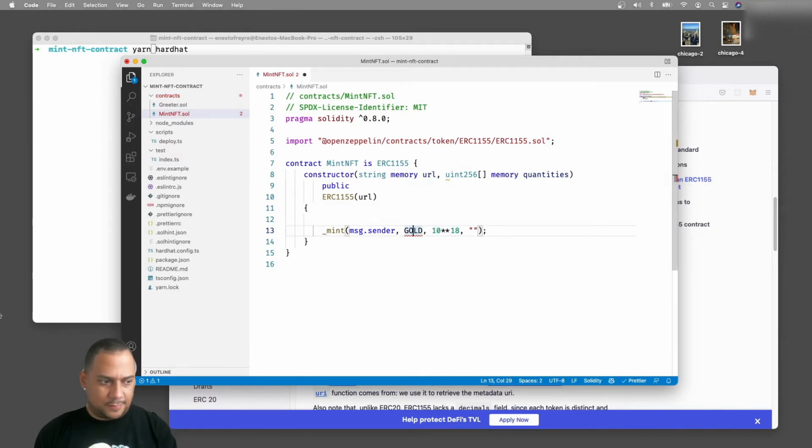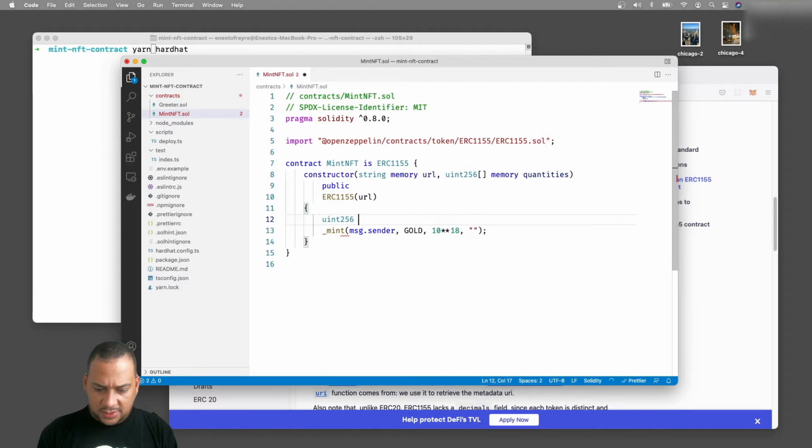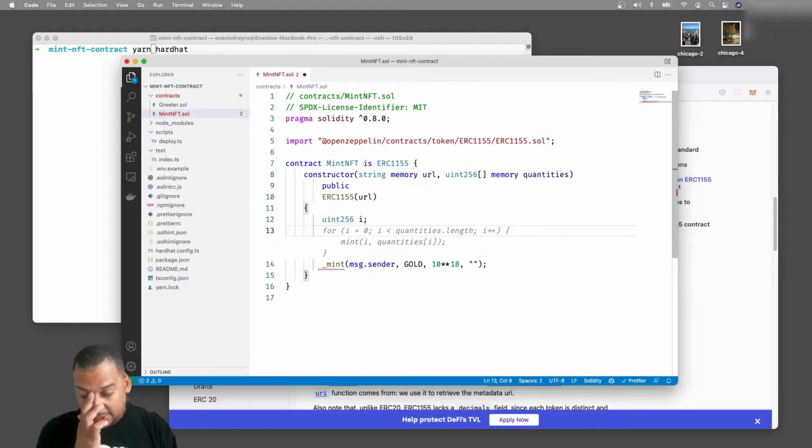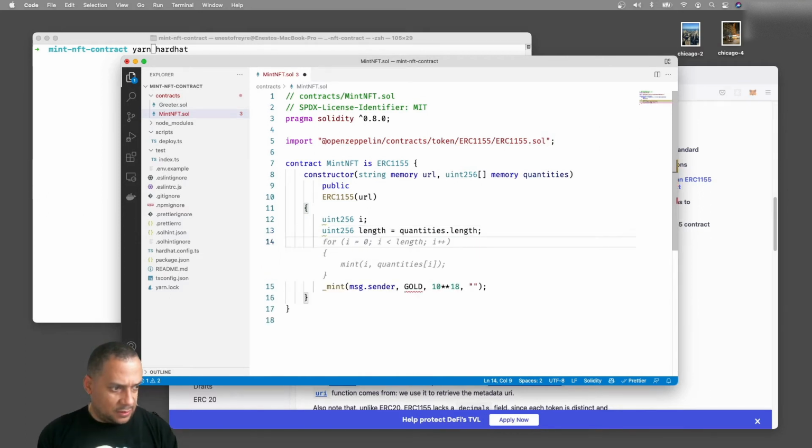So let's do that. Okay, so we will iterate on the quantities array. Let's create an index for the array. That will be the variable i, and then we will basically get the length of the array in another variable. Quantities length, and then let's make a loop. So we will make a loop for i in length.